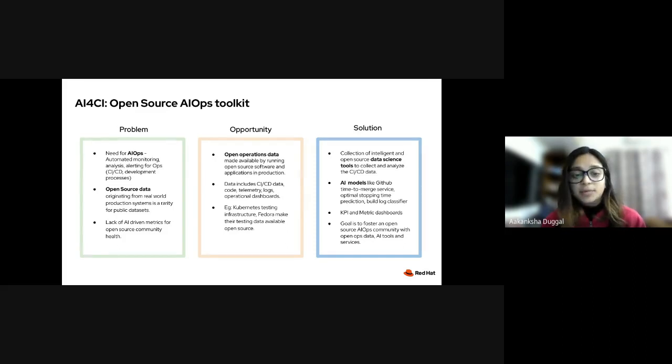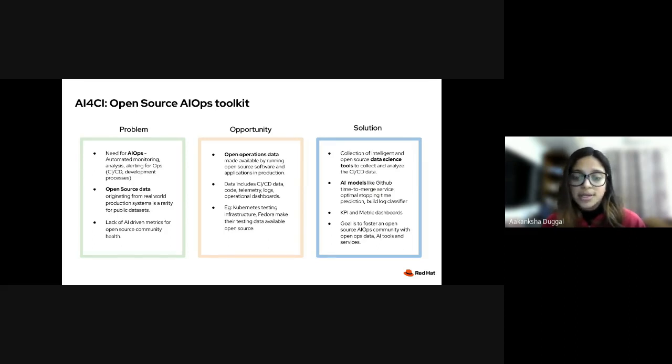That brings us to the opportunity of leveraging data sets made available by various Kubernetes testing systems like Prow, OpenShift CI, GitHub, Fedora, etc.